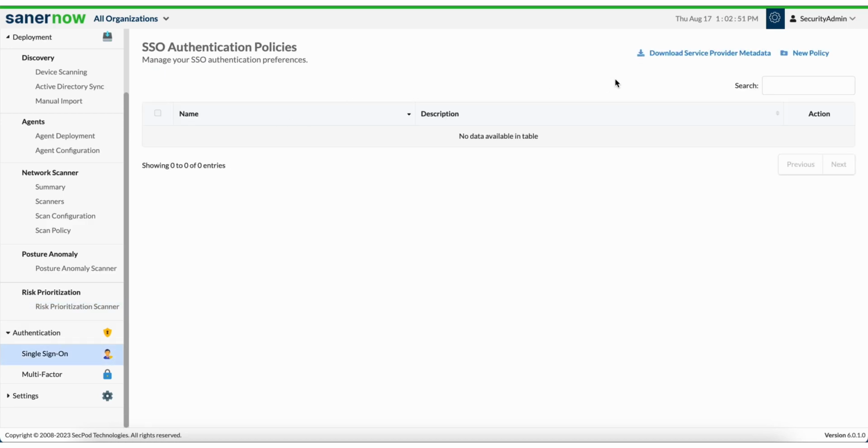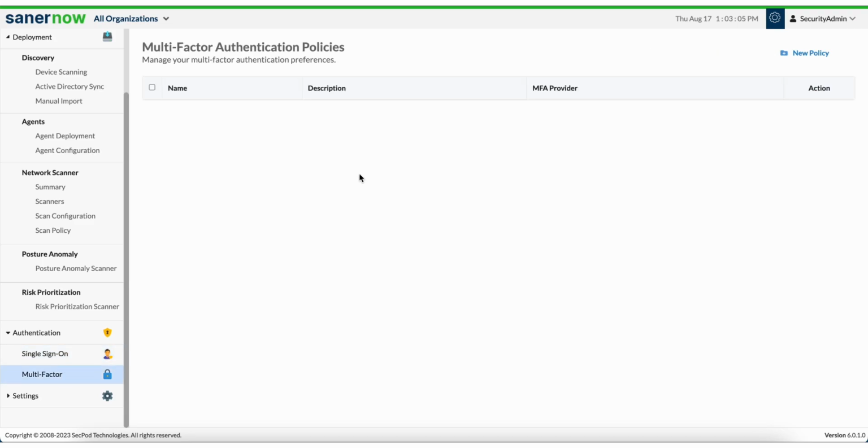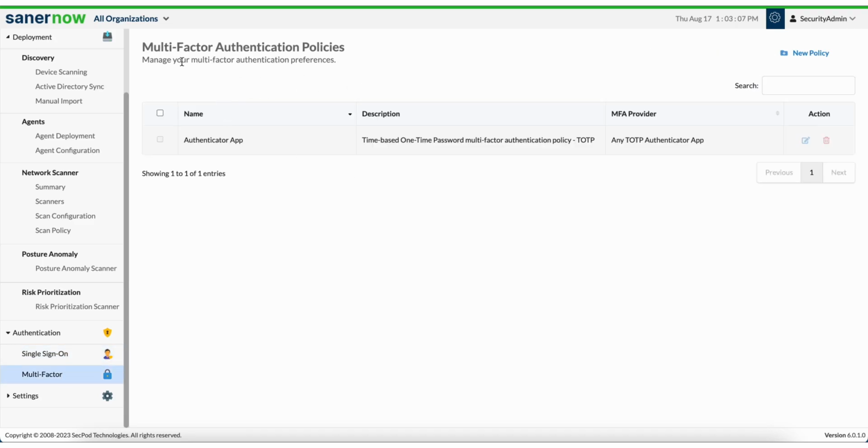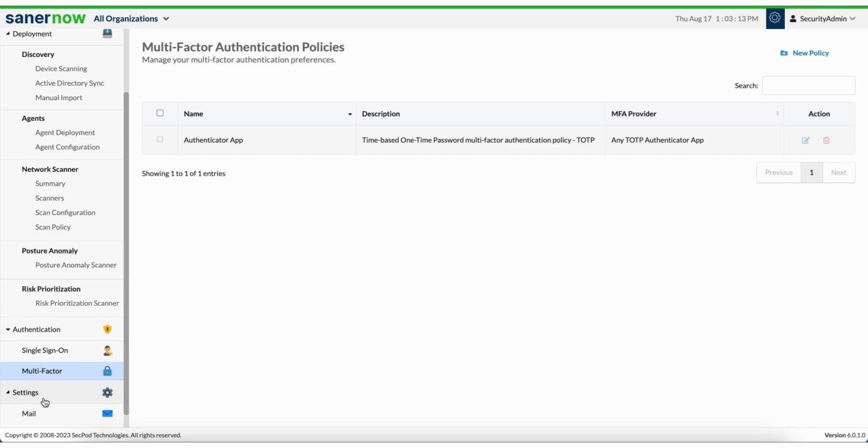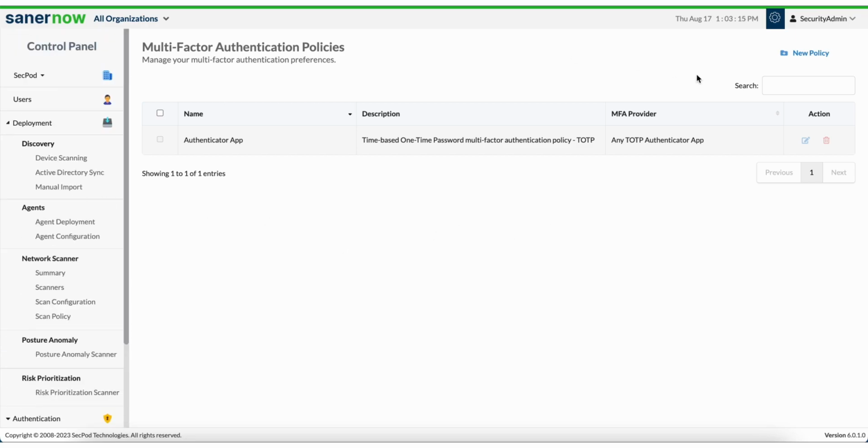Then there are other capabilities. If there's a single sign-on authentication capability, if you have a single sign-on implemented within your infrastructure, SanerNow can be made part of that single sign-on policy. If you want to enforce multi-factor authentication on your users, you would be able to configure that as well. Right, that's a high-level